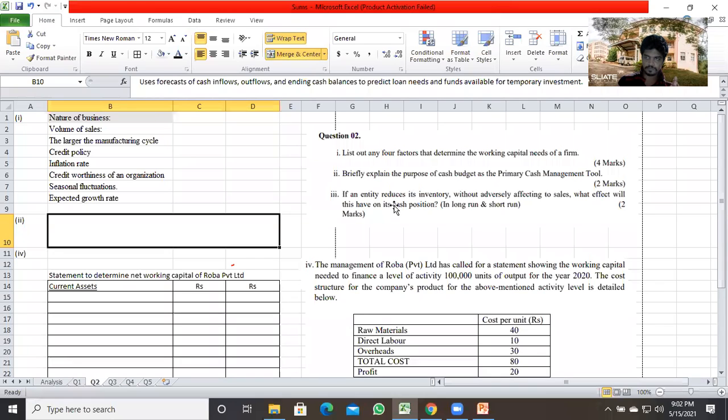One of the main differences between the cash book and the cash budget is this: normally we are not having minus balances in the cash book, but when it becomes a cash budget, we can have a minus balance because it is a prediction. So if we have identified a minus cash balance through our cash budget, then what we need to do?